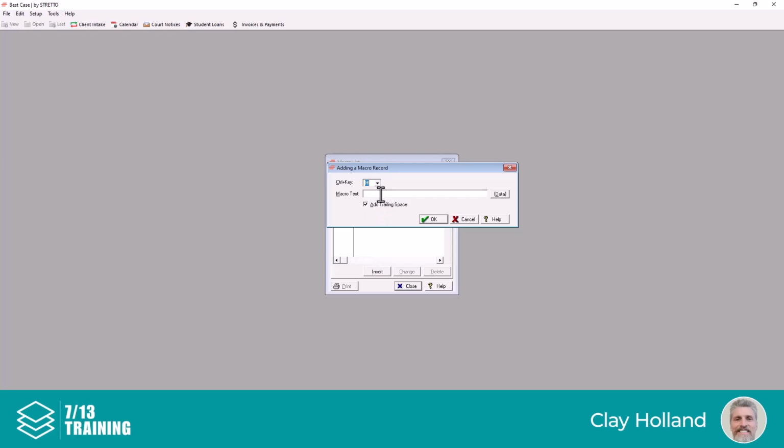And now when I press Control H, once we finish defining this anyway, it's going to enter the text that I type here in this field that I want to be automatically typed out for me in whatever field my cursor happens to be in at the time. So I'll click down here in the macro text, and what I want to put in here is household goods and furnishings